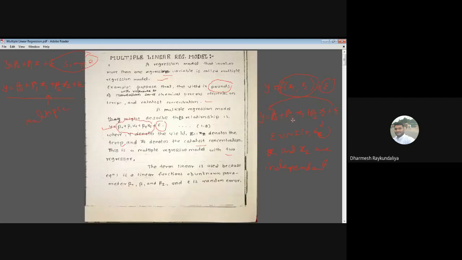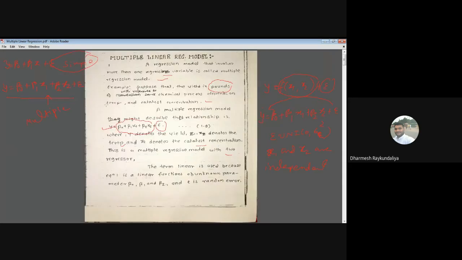The parameter beta 1 indicates the expected change. तो ये beta 1 क्या indicate करता है? It is the expected change in the y when 1 unit of change is made in x1 when x2 held fixed. तो यहाँ पे बात करते हैं. The parameter beta 1 indicates the expected change in the response per unit change in the x1 when x2 held constant. Held, not hold. X2 held constant. Similarly, beta 2 measures the expected change in the y per unit change in x2 when x1 held constant.